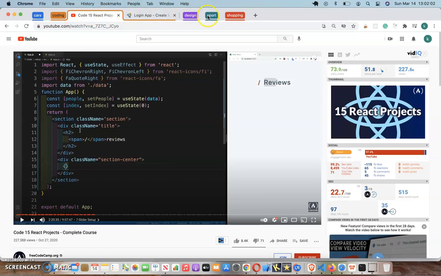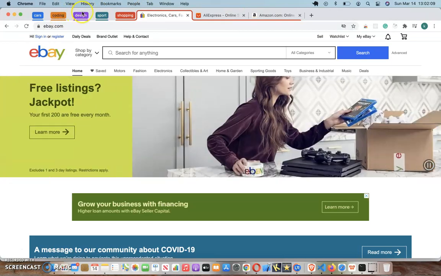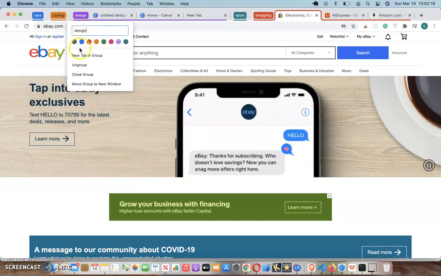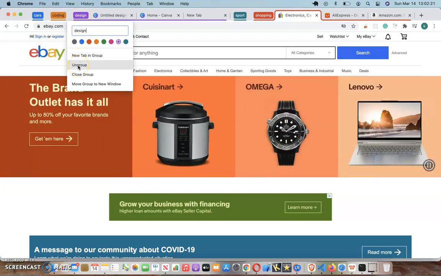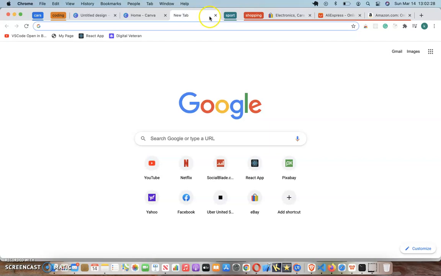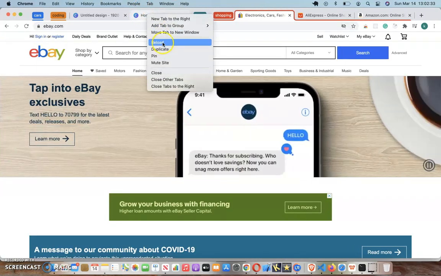And if you open shopping, it's better to close this one. That's all for today. And by the way, if you wanna move or ungroup these ones here, you don't need the group anymore, then just right click on it and ungroup it. See, they are ungrouped. And if you wanna group them again, you can just go back